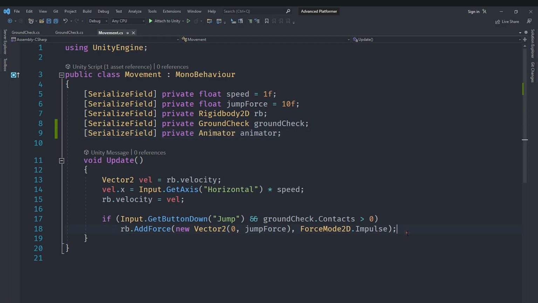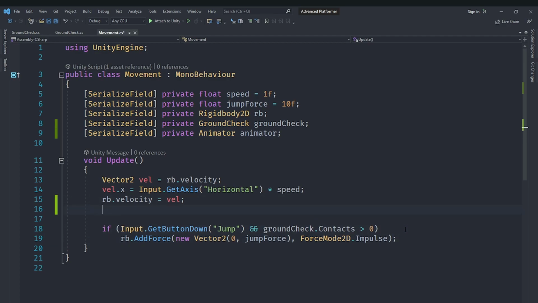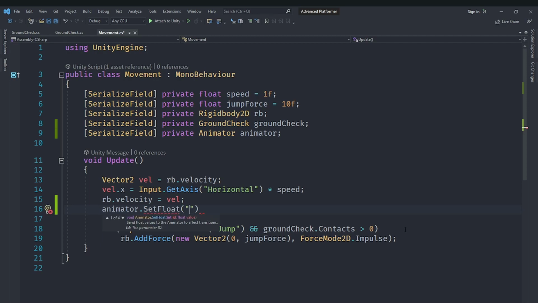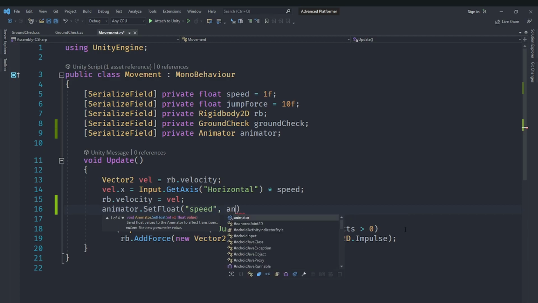So we'll have the animator, and we'll say animator.SetFloat. There are a bunch of different methods for setting different kinds of values. We'll set a float, and the name of the float is going to be speed. For the actual value, we'll use our velocity, but we won't pass the velocity directly, because